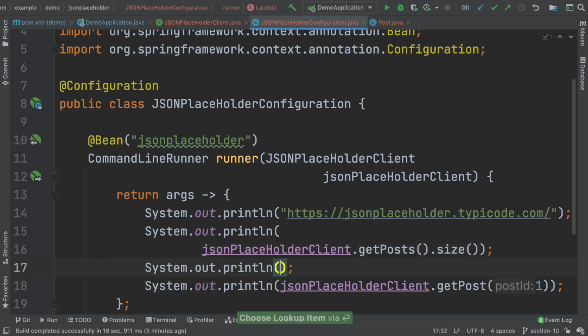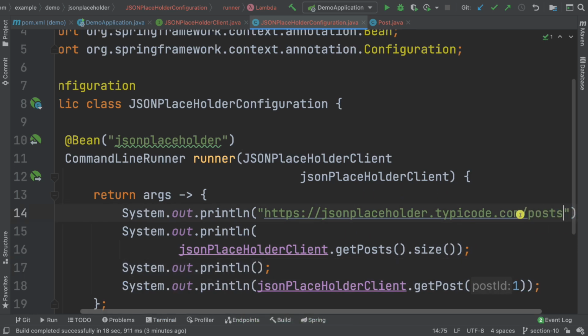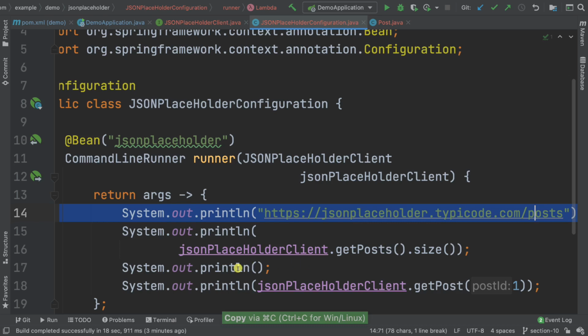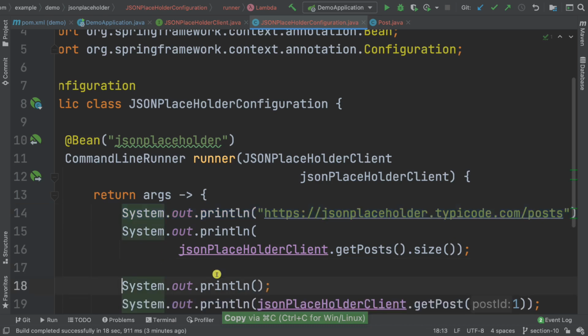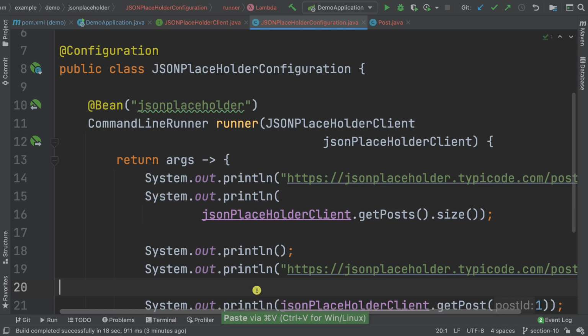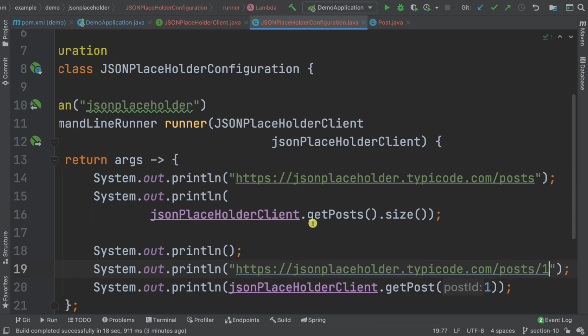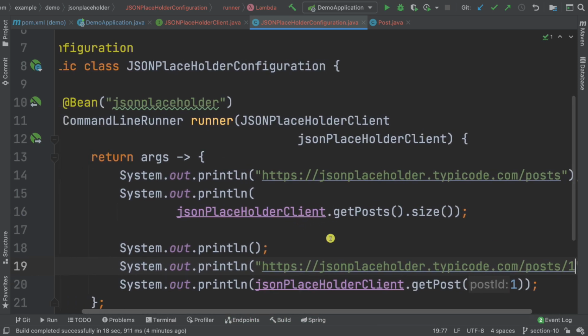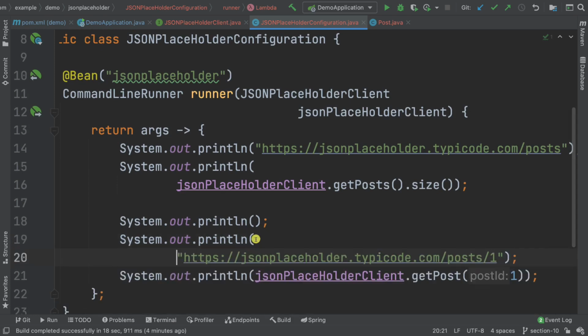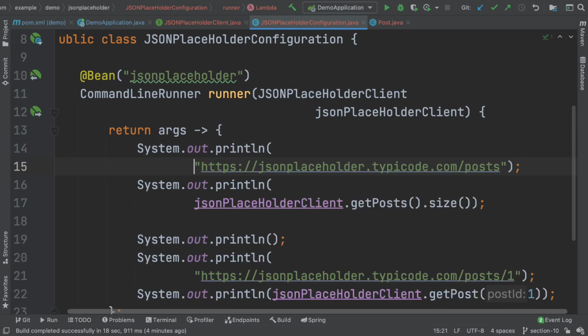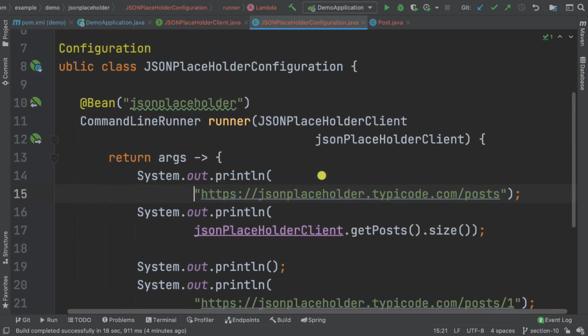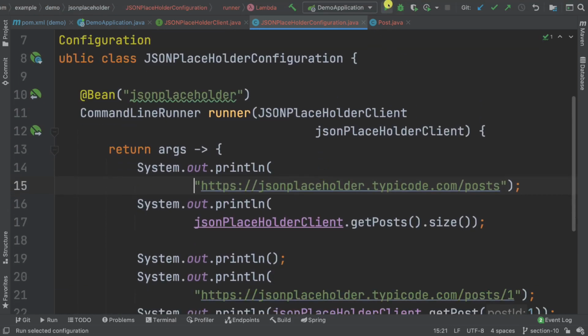So let me just say posts, and let me grab this, actually the entire line, and I'm going to have a double space in there, and paste that in, and here I'm going to say slash 1, so we see what's happening. Now let me also put this here so you see everything in one line, and the same here. So now let's go ahead and actually start the application. So if I play,